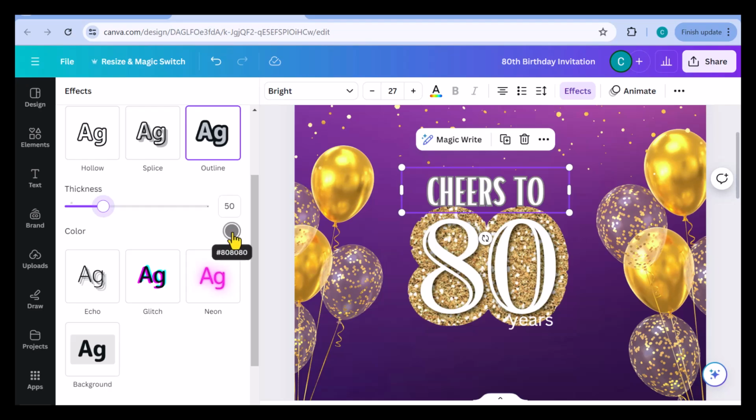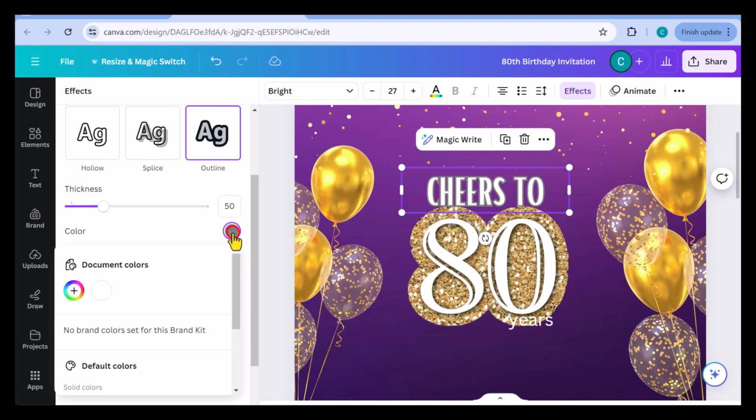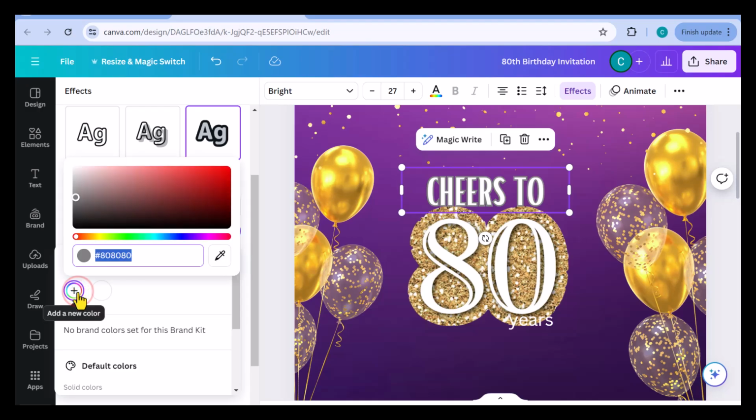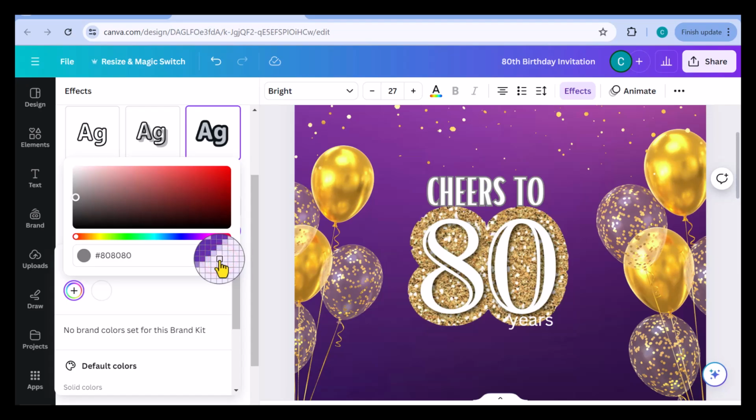For this text box, I'm going to leave the thickness at a 50, and the color of the outline that I will change by clicking on the current color and clicking on that plus color. I'm going to be selecting this pencil icon so that I am able to select a color from the project. Once I have identified a color, I am going to proceed to selecting that color.